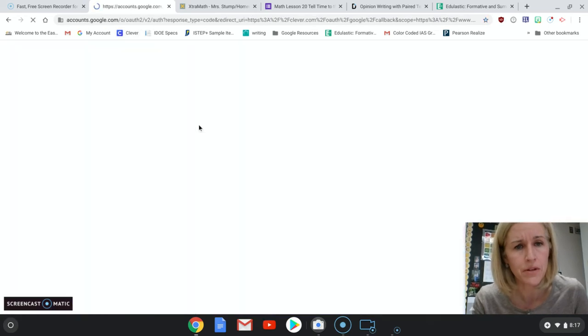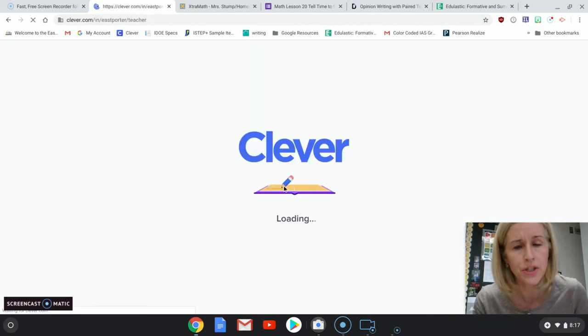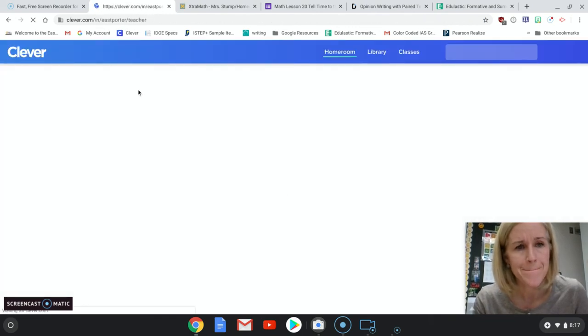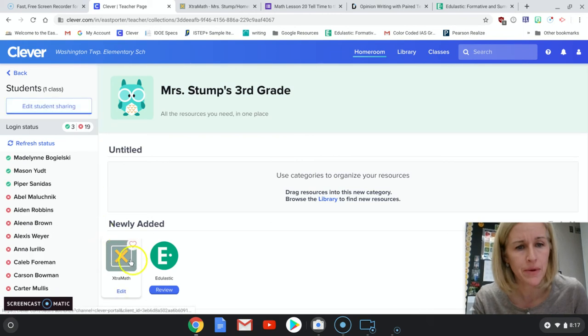You log in through Clever, and if you go to our classroom page, Mrs. Stump's third grade, you can get to extra math this way too. And Edulastic is where you will find your prefix and suffix work for today.